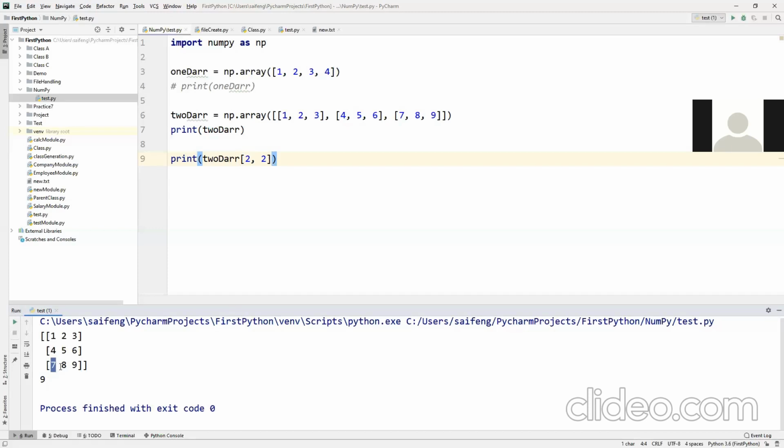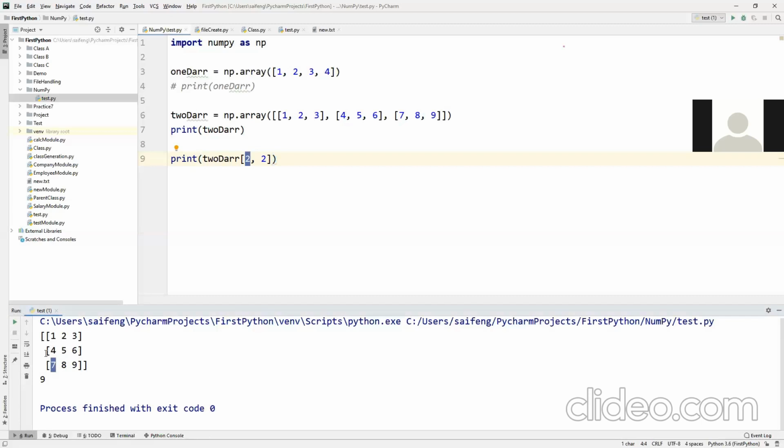No, first starting from the row index. What's the row index for 7? 1.